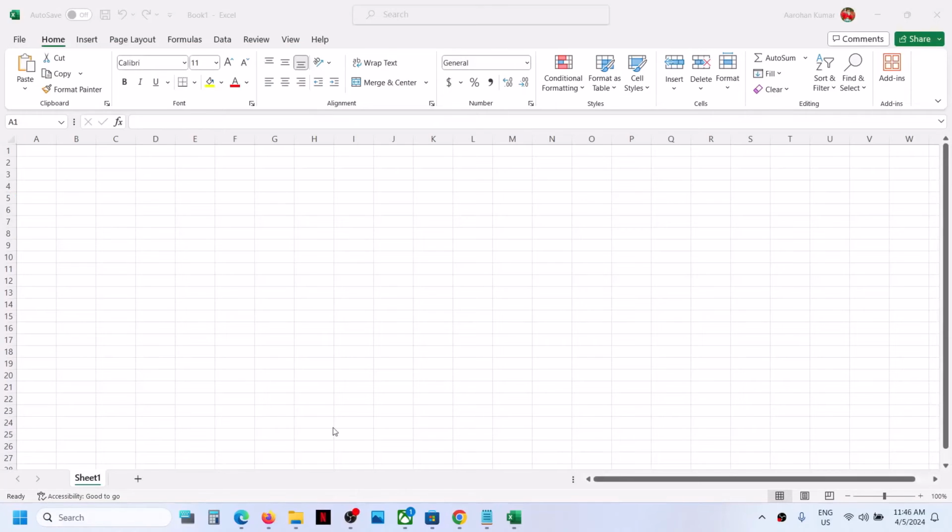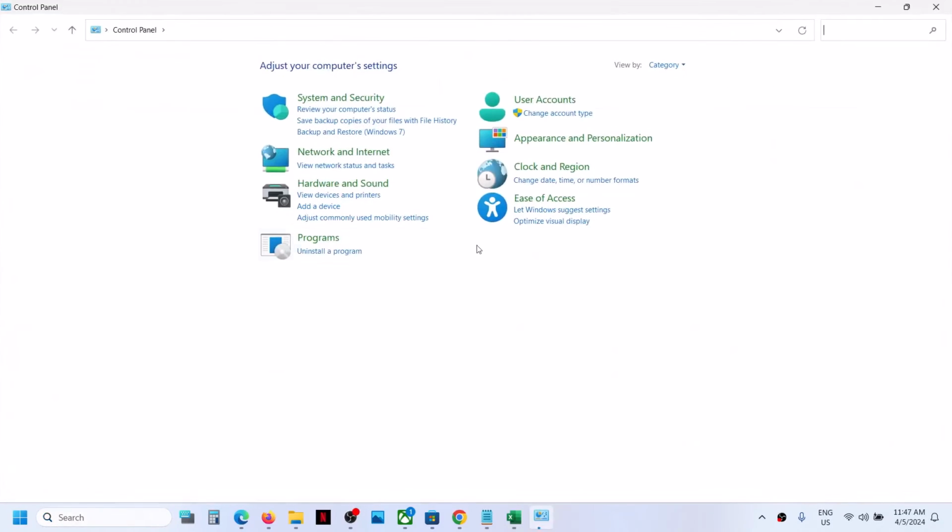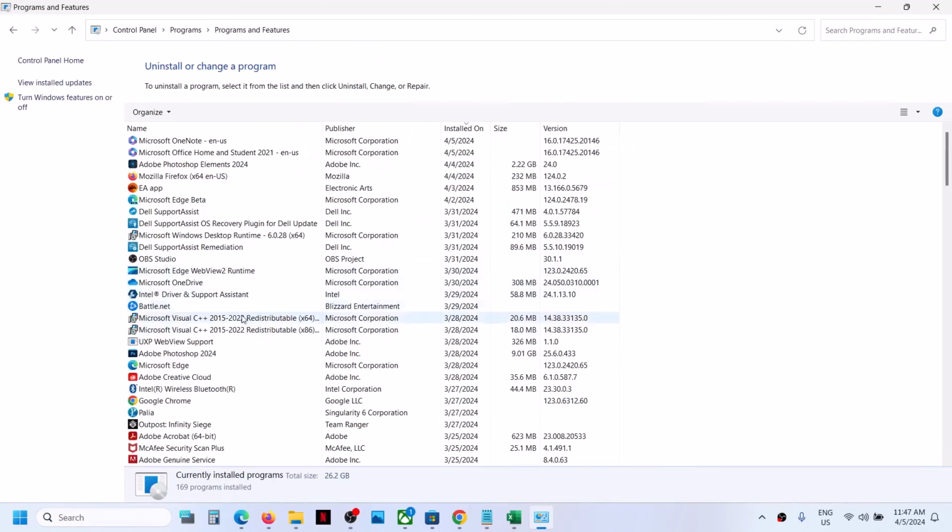Now if it's still not working, in that case you can open Control Panel. So type in Control Panel in the Windows search box and then click on Uninstall a program. Now find Microsoft Office in the list. Now once you find your Microsoft Office over here, make a right click and